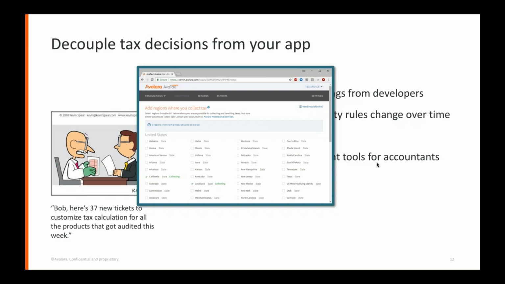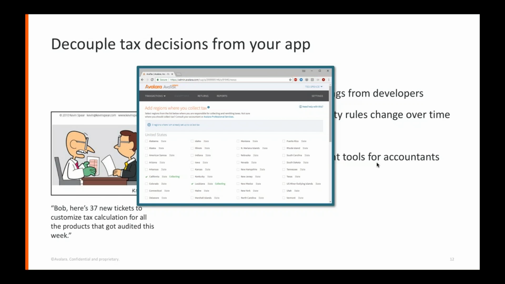And these things are going to change over time. I mean, maybe the number is 100,000 now, but maybe next month the state is going to cut a deal with you or something and ask you to file even if you've only got less dollar value. But if you know that you're going to be near that threshold, it's as easy as coming into the AvaTax update dashboard for where you collect tax and checking off additional jurisdictions.